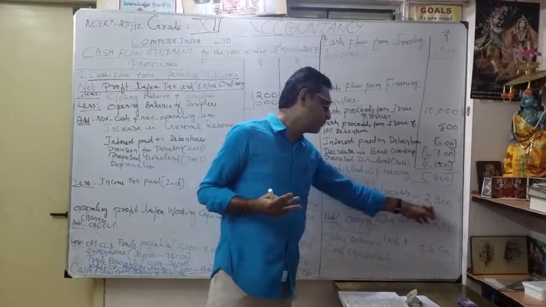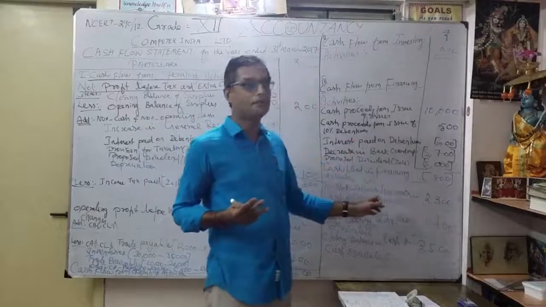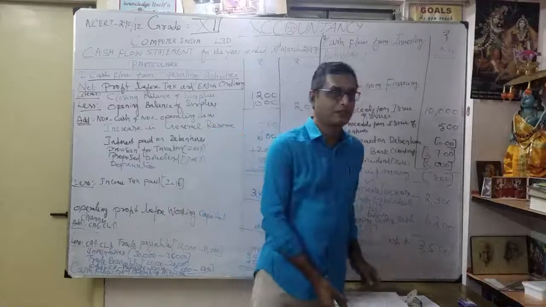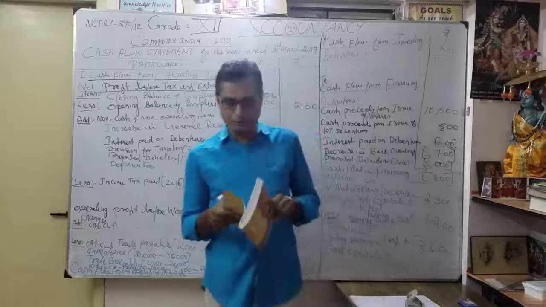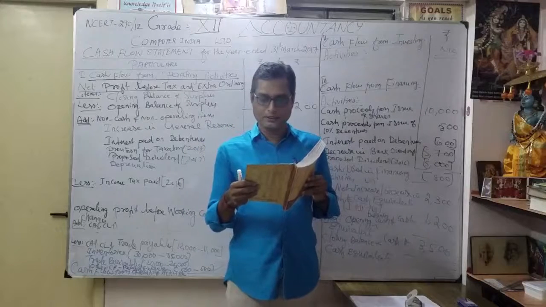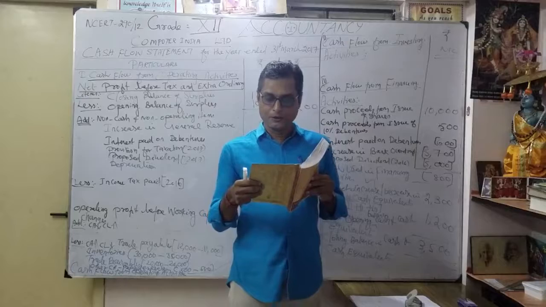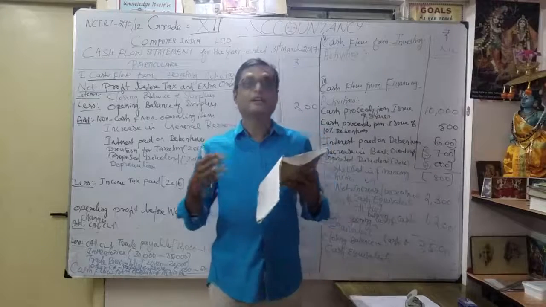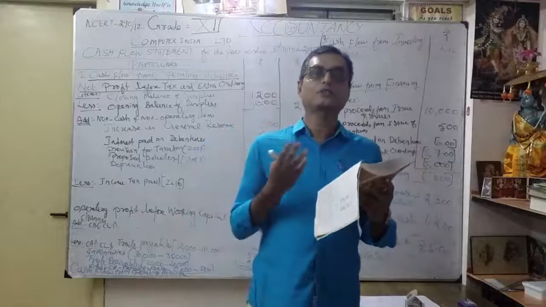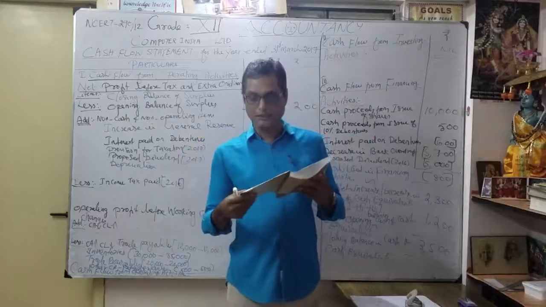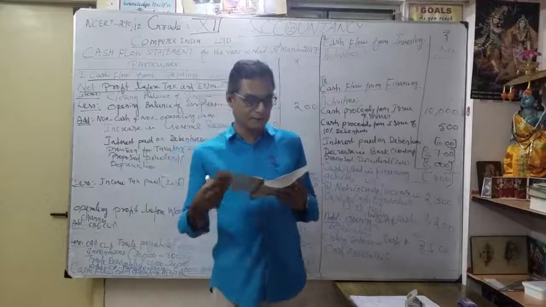Our opening balance is 2,300 cash and cash balance. Totally, our closing cash and cash equivalents, how much? 3,500. So when you do this in our book, see, 2,100, 1,000, 4,900. When you add all, what will happen? 5,000, then 8,000. Totally 8,000. When you add 1,200, it becomes 9,200. But you can't get 3,500. So all the three answers are wrong. Better change it. That's why I did this problem.